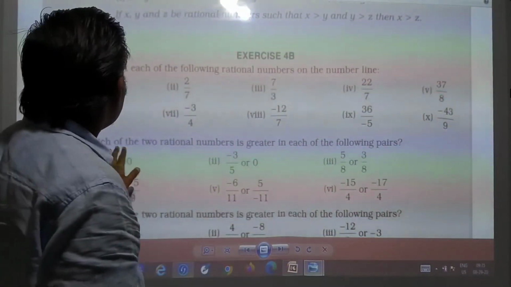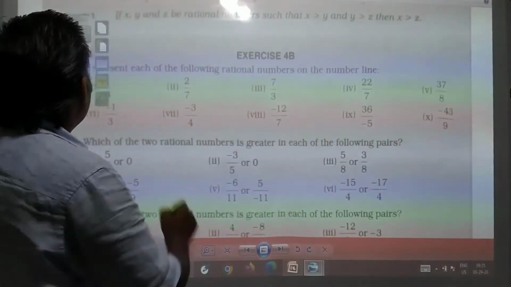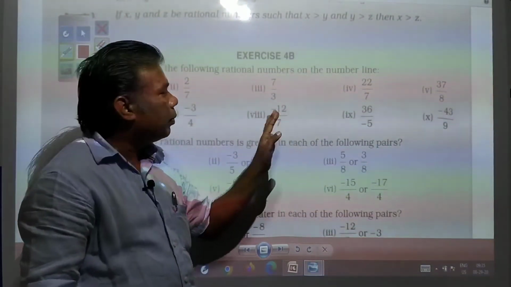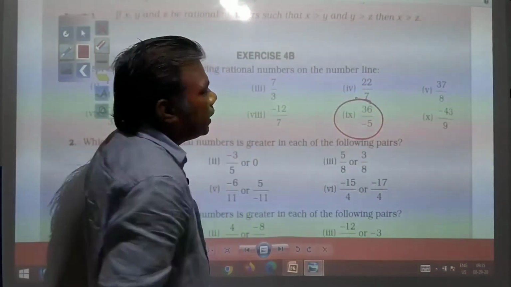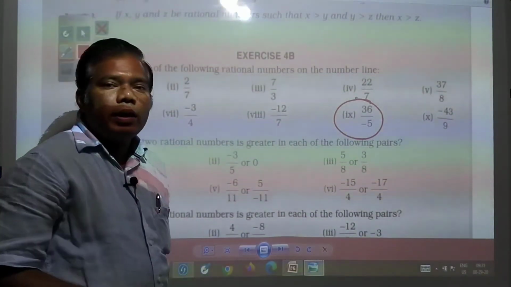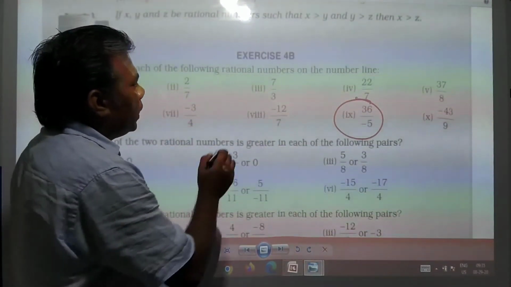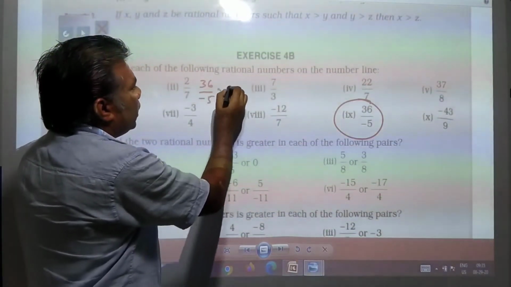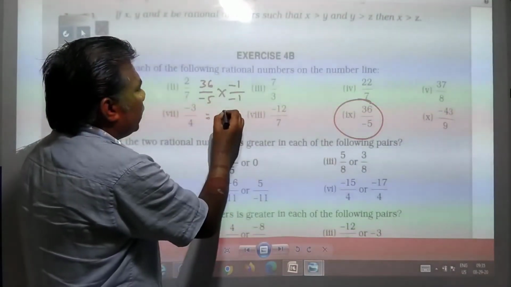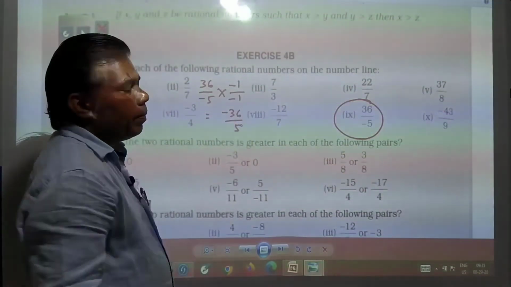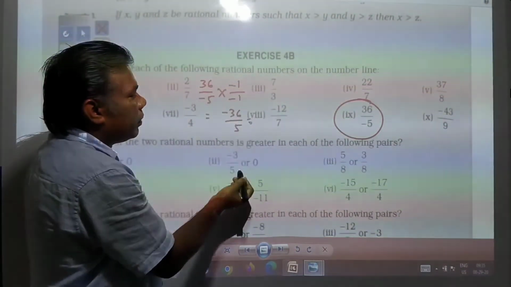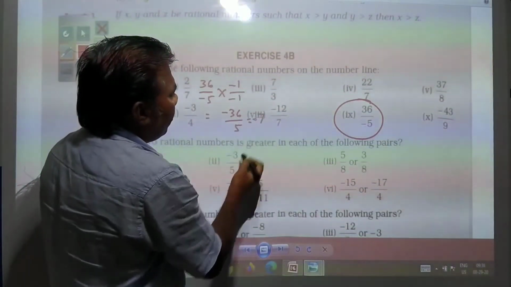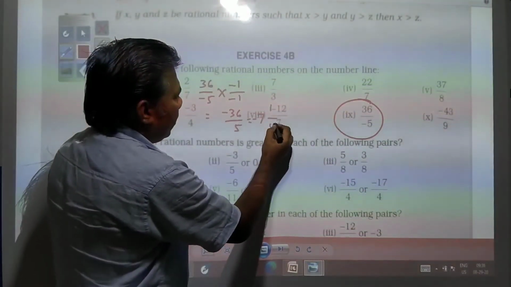Next you have negative numbers. In the same way as we have done on the positive side, the same thing is required to be done on the negative side also. So take the number 36 by minus 5. First of all, the denominator is required to be converted into positive. So 36 by minus 5 is required to be multiplied by minus 1, so you will get minus 36 by 5. Now you convert this into a mixed fraction. So 5 7s are 35, minus 7 and 1 by 5.